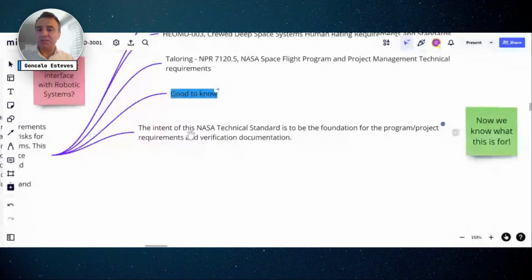Okay, the intent of this NASA technical standard is to be the foundation for the program and project management requirements and verification documentation. So you start with this. If you want to put someone on the moon, you start with this technical standard because it will provide the requirements that later need to be verified, and also they are the basis of your documentation. And again,